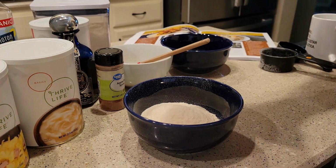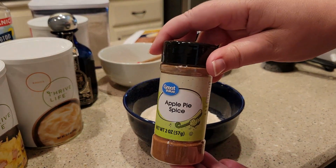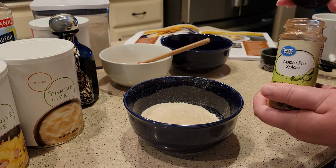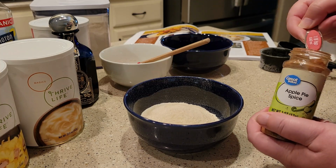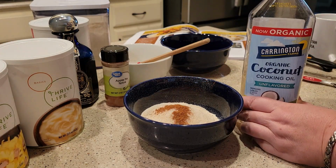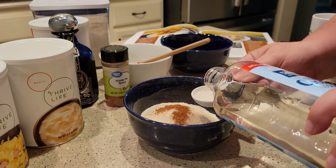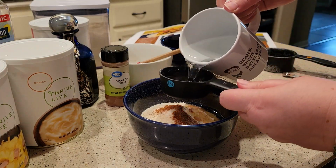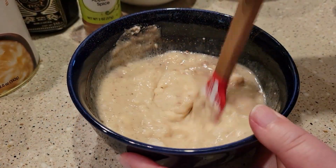To the mix, I'm adding 2 extra tablespoons of sugar because the pancake mix is not very sweet. And then I'm also going to add some spice to this. So I've got apple pie spice. You could also just use some cinnamon, but you need a little bit of something to make it have that banana bread flavor. I'm also adding 1 tablespoon of coconut oil. You could also use a tablespoon of melted butter here, but you'll need some sort of oil to make this more like banana bread. And I'm going to add just 1/3 of a cup of water